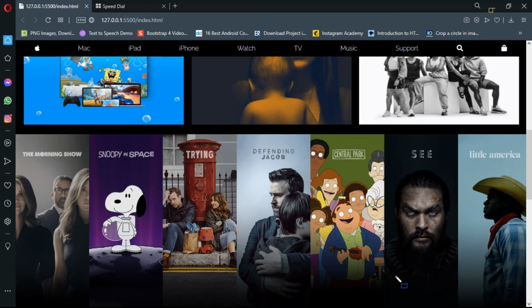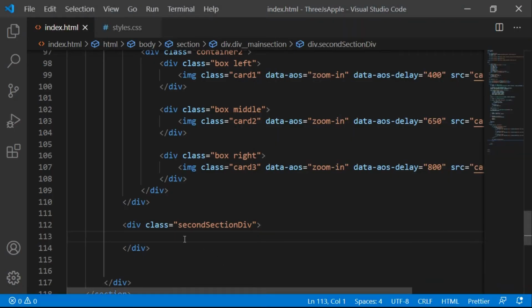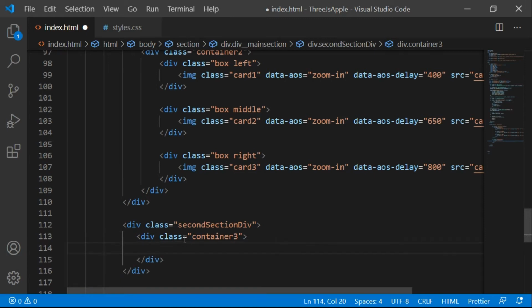So let's go to Visual Studio Code, and let's add a container 3, which you can assume is like container 2, container 3, and inside that we're going to have a dot big1. Perfect.